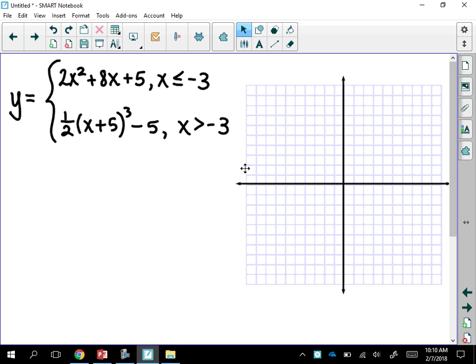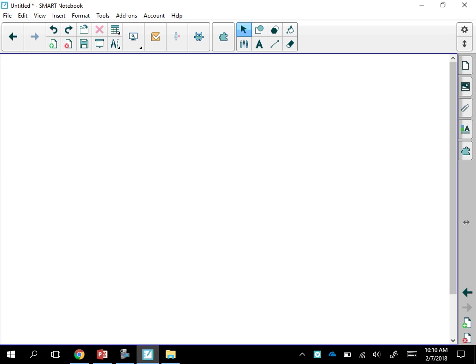So you've got a lot of work to do: convert it from standard form to vertex form, then graph it, deal with its domain, and then go to the cubic function, graph it, and deal with its domain. So to start off with, we have 2x squared plus 8x plus 5. Let's just convert that